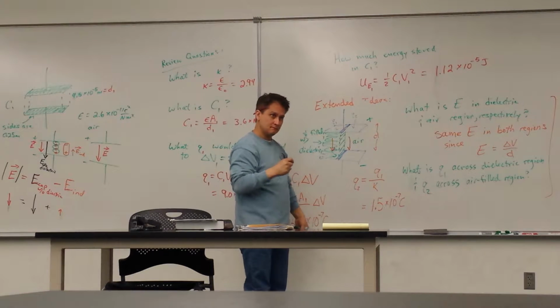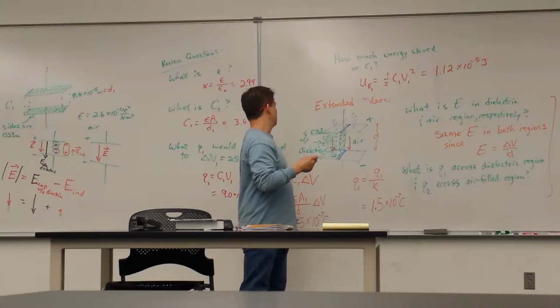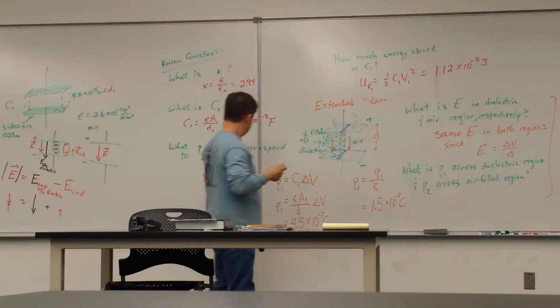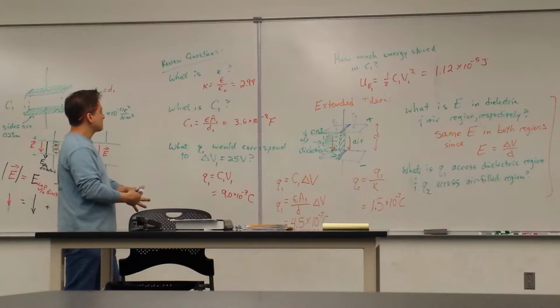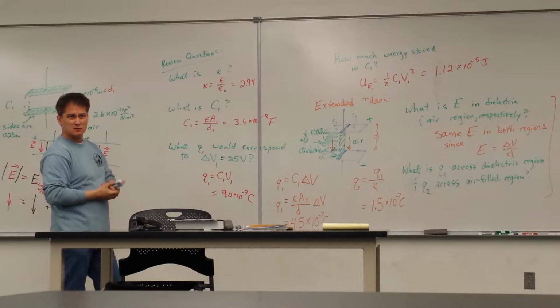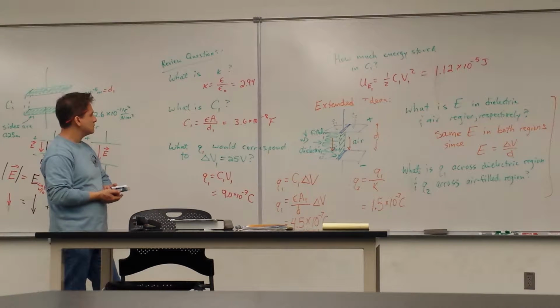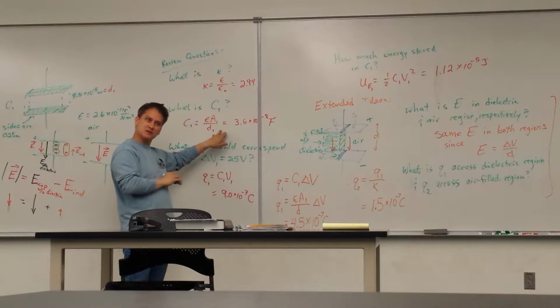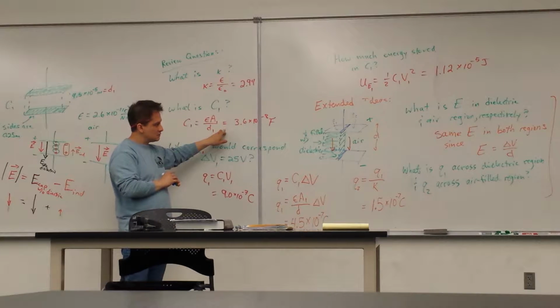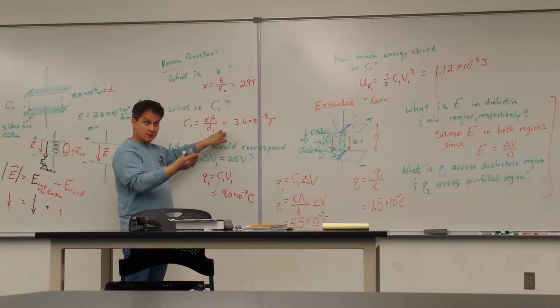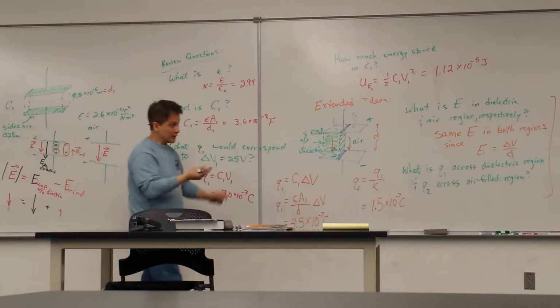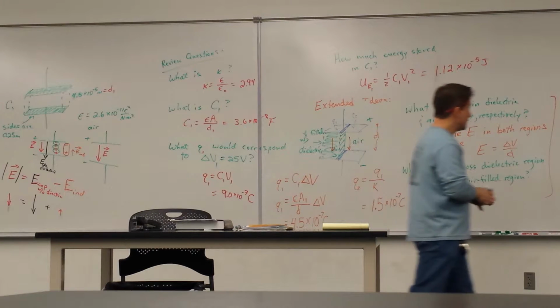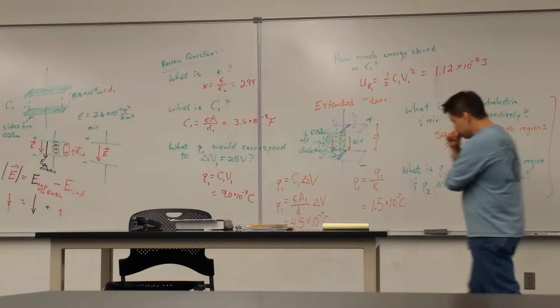Well, we know for air it's going to be pretty close to 1, because it's 3.6 divided by 2.94. I think 1.2 or so. Right. So it's somewhere between 3.6 and 1.2, which makes sense. 2.4 is halfway between 3.6 and 1.2. We could calculate the capacitance in each region if we wanted to. Yeah, just did all that. Okay, so